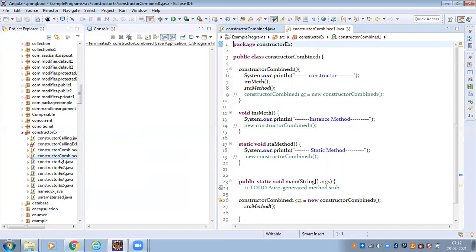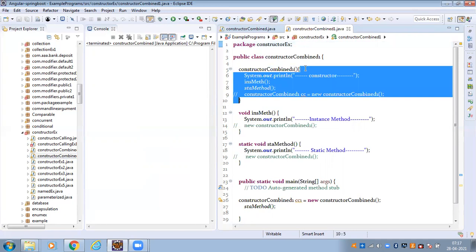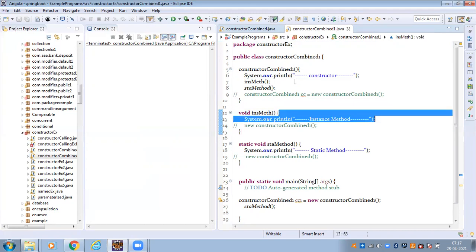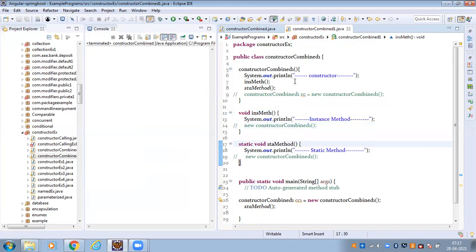So this is the constructor, right? Inside the constructor, I have to call the instance method and the static method. This method is an instance method, and this is a static method.